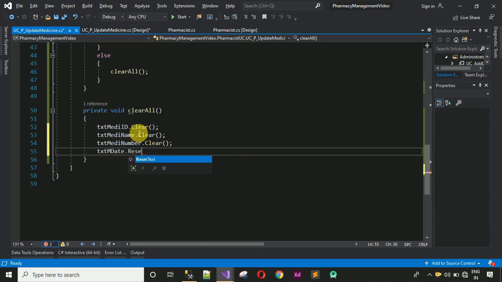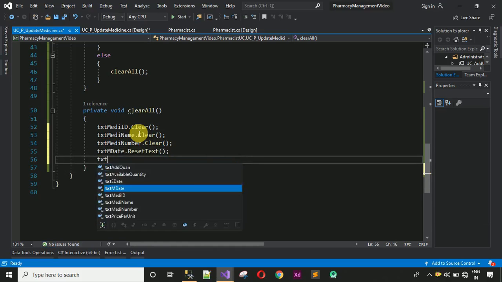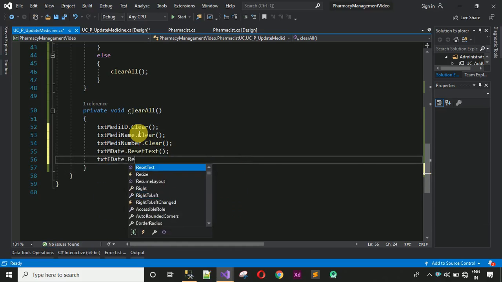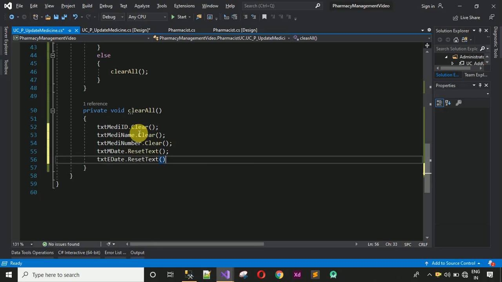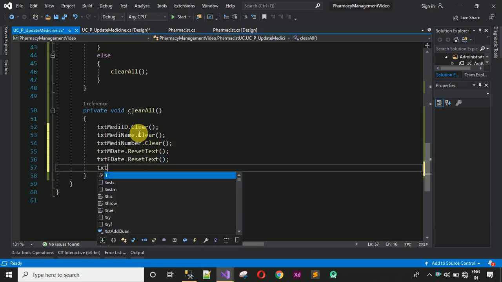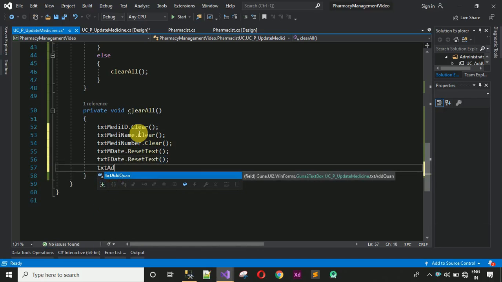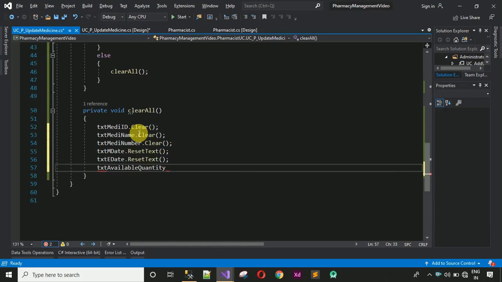We have to type ResetText, and this will reset the date to today's date. txtExpiryDate dot ResetText, and txtAvailableQuantity dot ResetText,